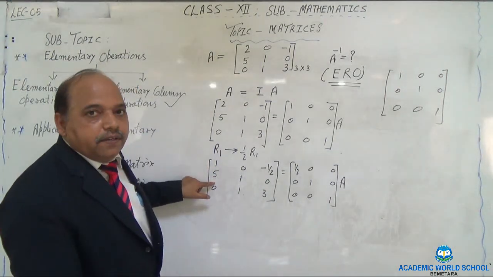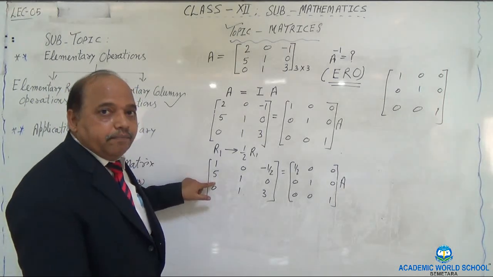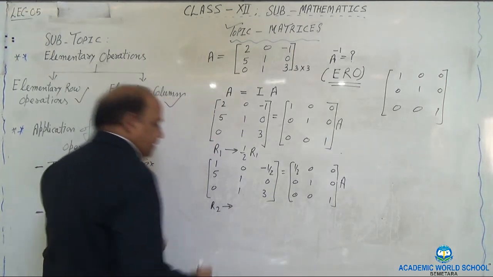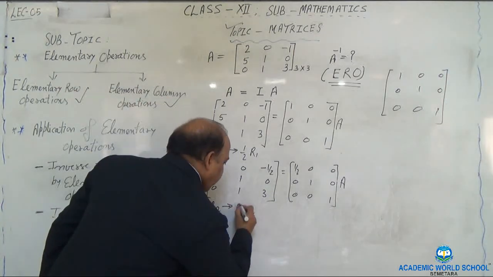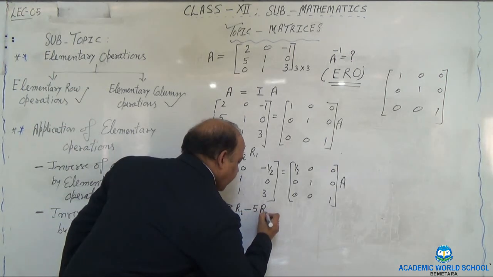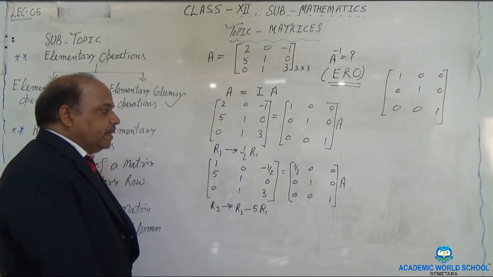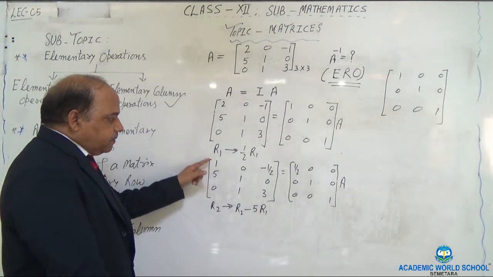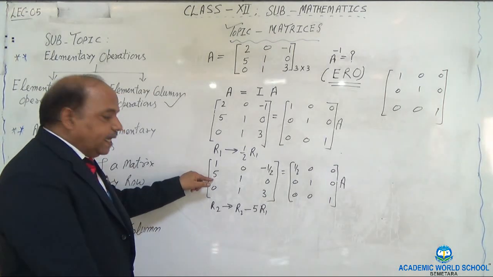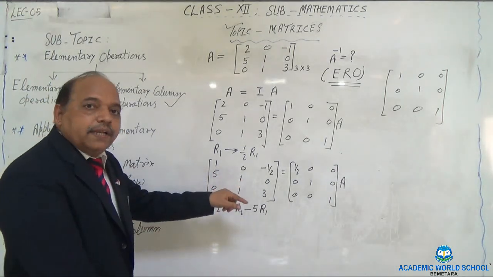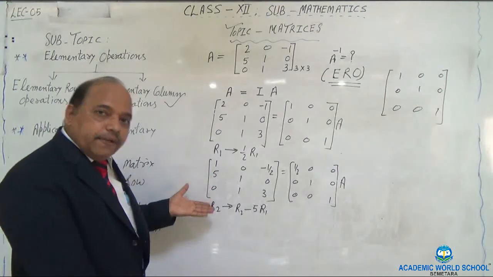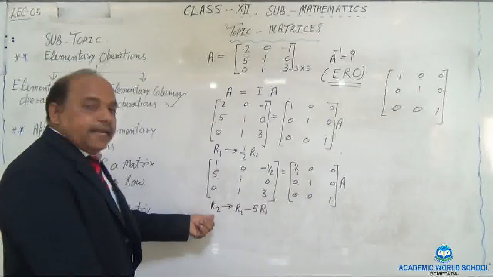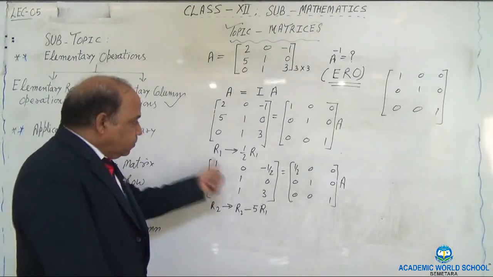Okay, fine. So I am making change in the second row. Look at this very carefully. What is the change? From R2 I am subtracting 5 times R1. I hope this point is very clear to you. I am subtracting from here 5 times this first row. From here if I subtract, this will become 0. And this is already given 0, so no need to make any change in this one. So we are making change only in the second row. Nowhere else are we making any change. So let's make that change.